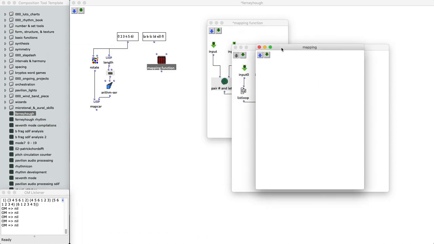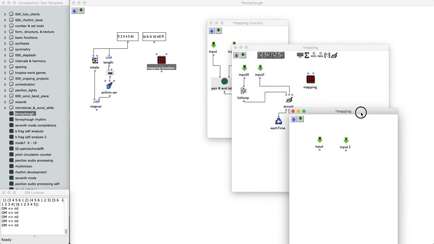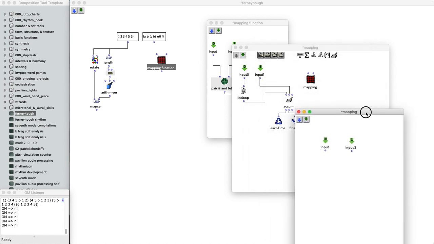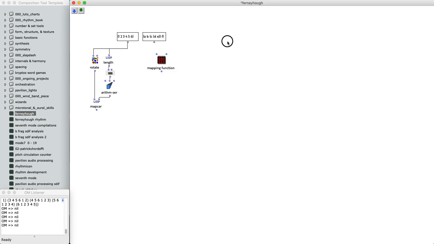It'll again be fairly straightforward. We'll have 2 inlets, and we'll put them here in the middle. This second inlet is going to be the loop, or the list, that we're iterating through, and the list is a group of lists. In fact, how about I show you the structure of what this is going to look like when all is said and done. The list that we're going to be working with will look like this: